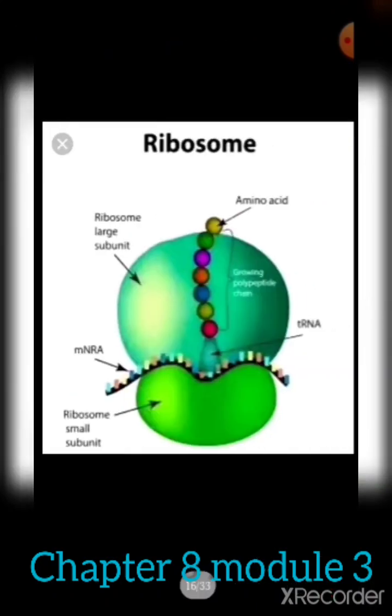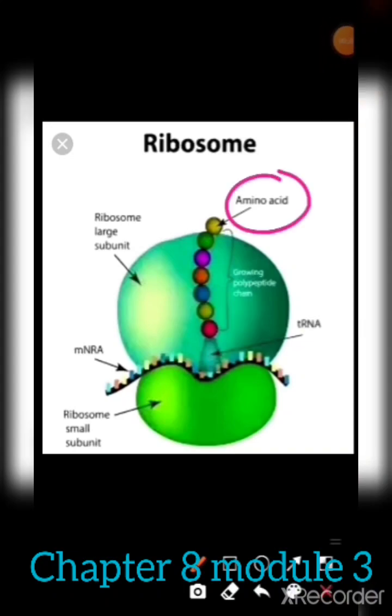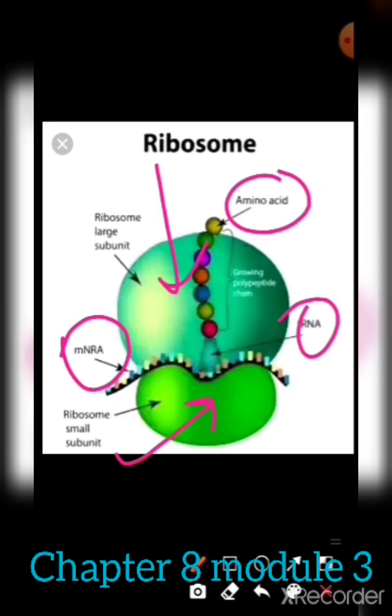Now next one is ribosome. Ribosome is having large unit and small unit, so it is having two units. See, here it is amino acid also. Amino acid is protein. Then a protein is becoming RNA, that is tRNA, mRNA, and ribosome small unit is here, this one, and here it is the large unit. So mainly ribosomes help in protein synthesis from RNA.